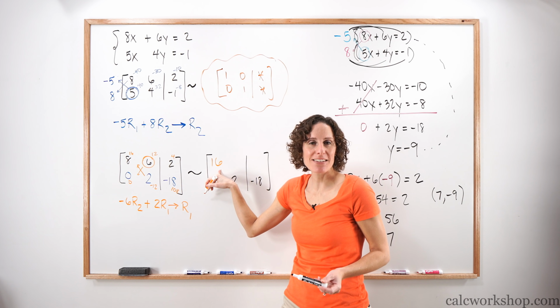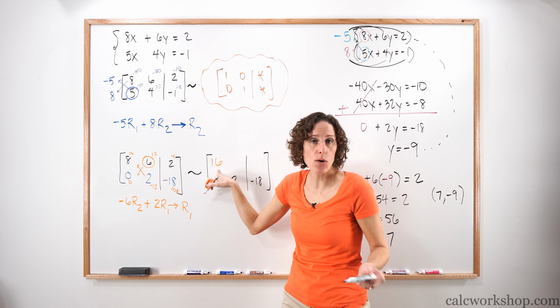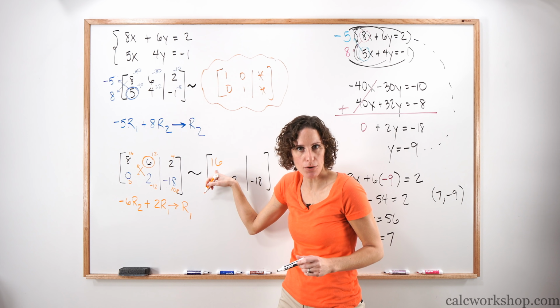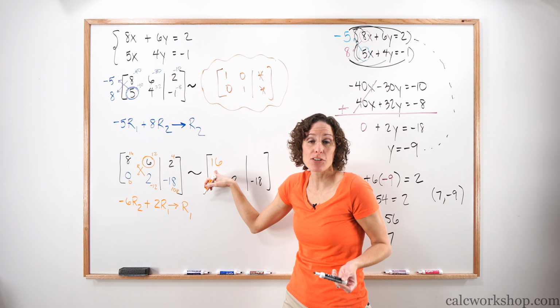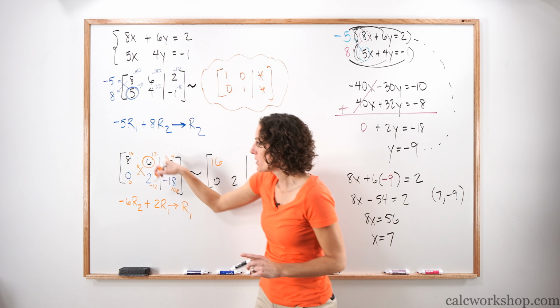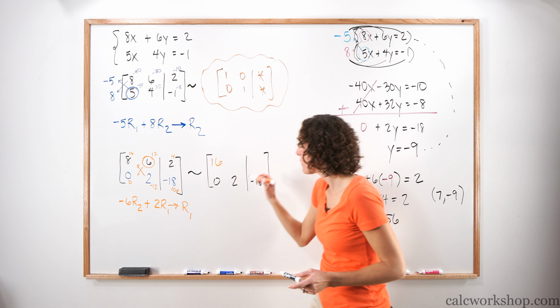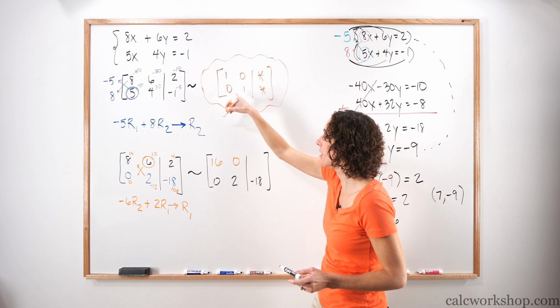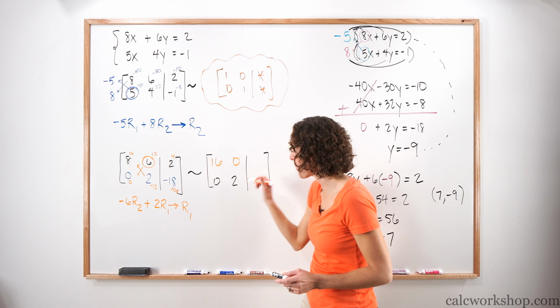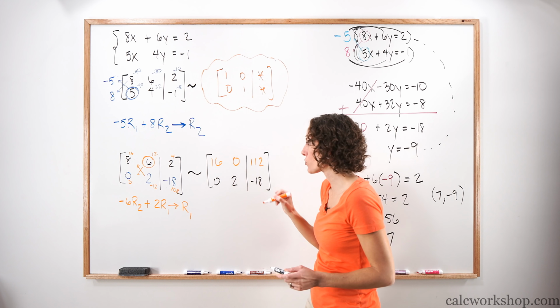If I take an 8 and I multiply it by 1/8, we get 1. If I take 16 and multiply it by 1 over 16, we still get a 1. It doesn't really matter that we haven't changed them yet, and that's why we don't change our pivots until the last minute. So 12 and negative 12 make 0, which is exactly what we were looking for. And then 4 plus 108 makes 112.